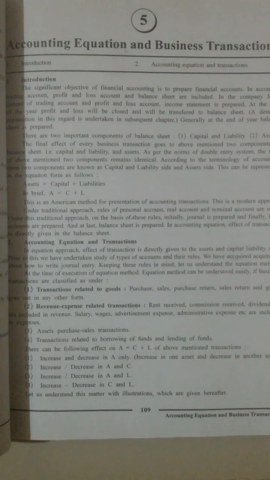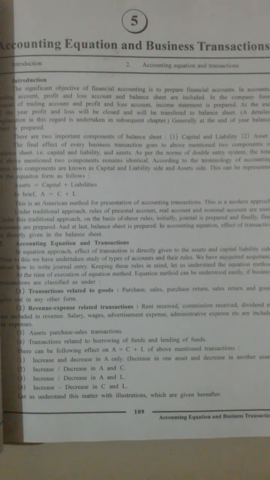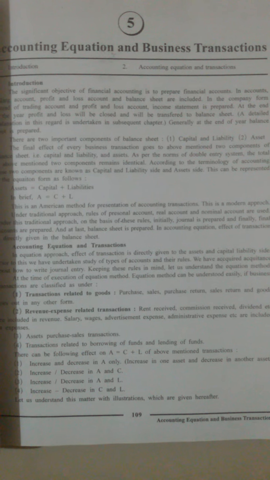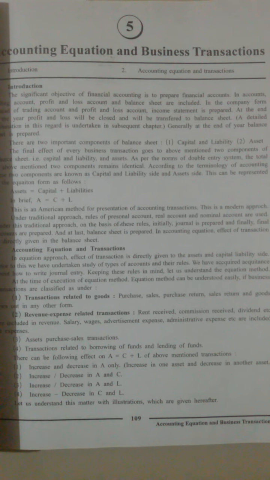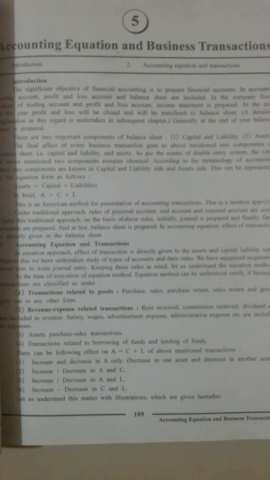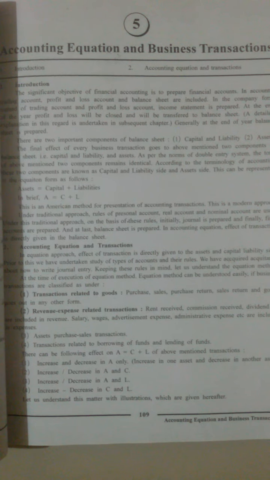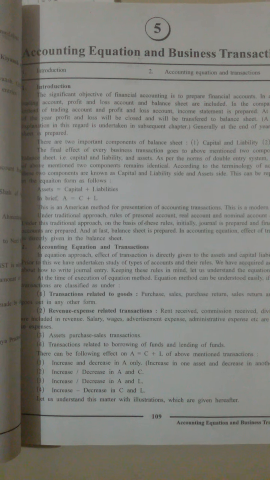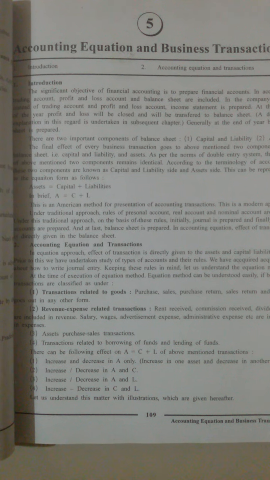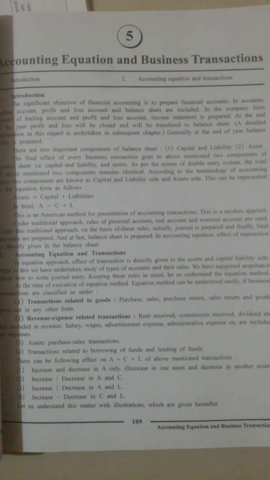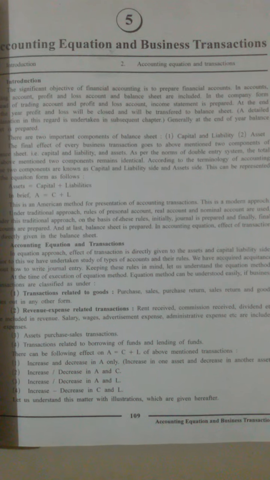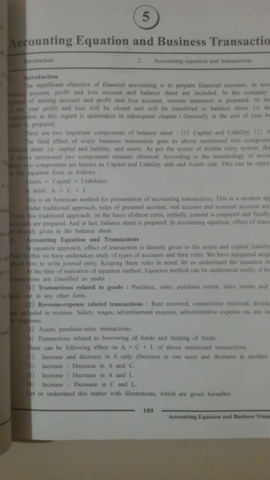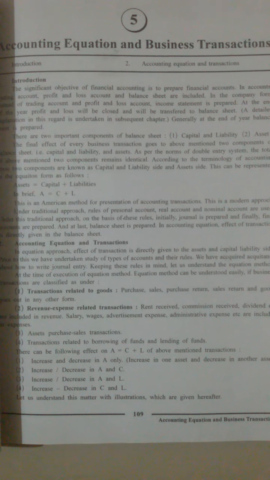Accounting equation means there are two important components of the balance sheet, that is capital and liability, and the second one is assets. So the final effect of every business transaction goes to the above mentioned two components of the balance sheet, that is capital and liability and assets. As per the rules of the double entry system, the total of the above mentioned two components remains identical, means the total of capital and liability and the assets